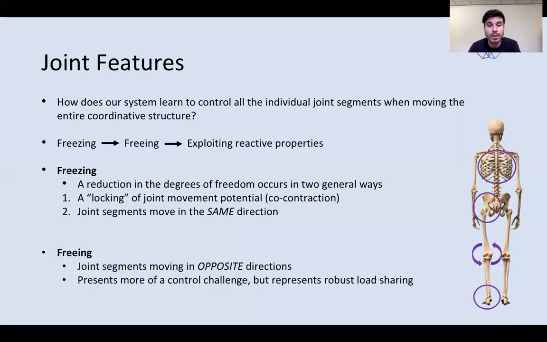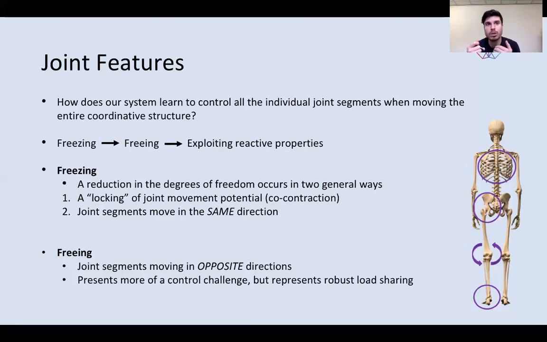Hey everyone. So in this video, it's really a follow-up to the last video where we spoke about the importance of appreciating the entire coordinative structure when working with someone experiencing pain. In today's video, we're going to get a little bit more objective within the context of the same case insight that we spoke about in the previous video with the client with left-sided low back pain, and talk a little bit more specifically about